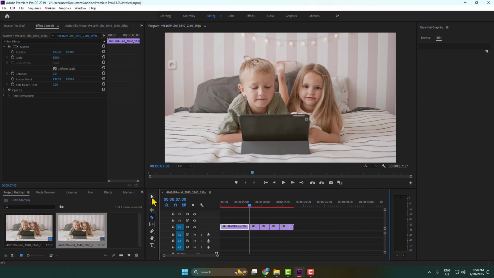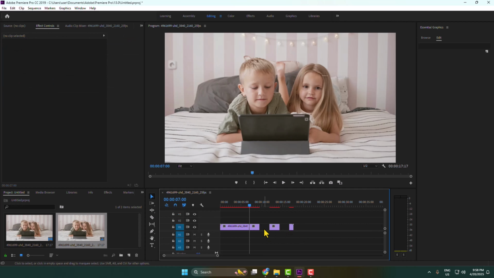And now select the selection tool. Now select the trimmed video clip or part and just press the delete button, and the specific video part will be deleted. Now just right click on this empty area and click on Ripple Delete,